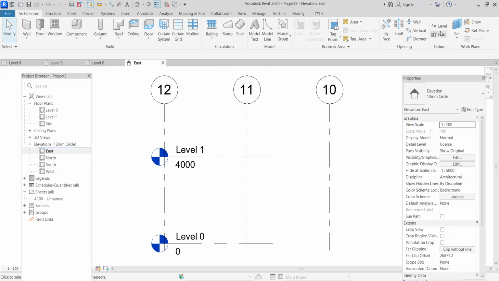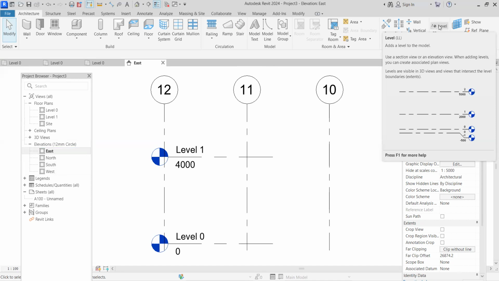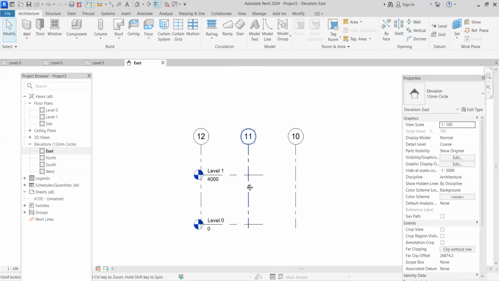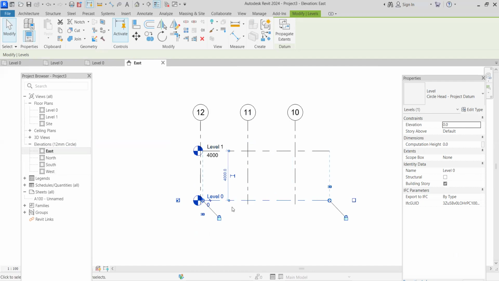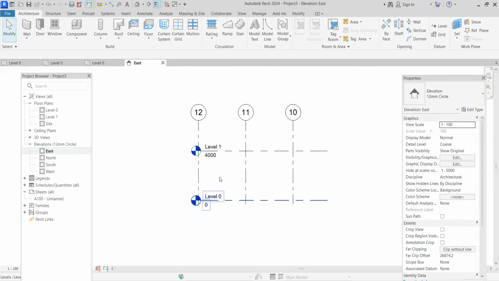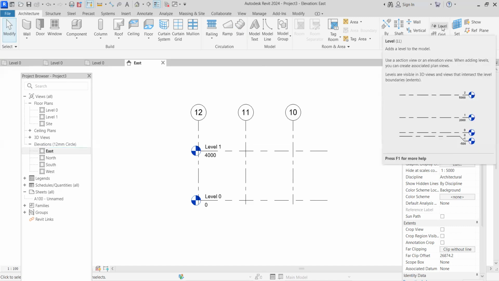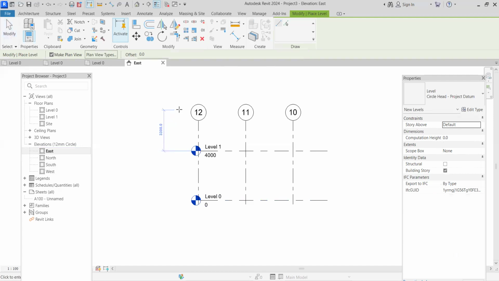So we come back to the Datum panel on the Architecture tab, which is here. You notice that it is active now. Can you see that? You notice that Level is now active. And by default, you already have some levels there, the default Level 0, and then Level 1. So I can add more levels. I come to the Datum panel, where I have Level, in the Architecture tab. I click it and I can draw